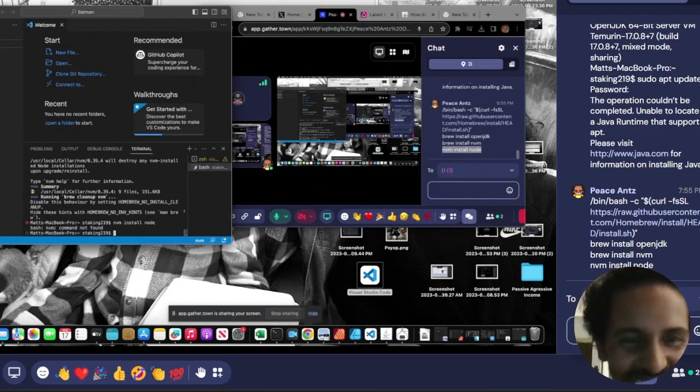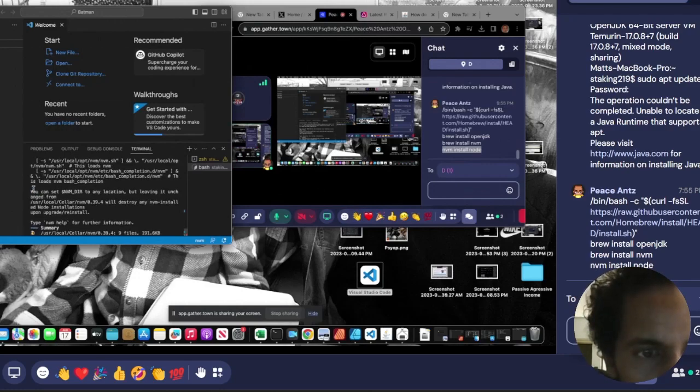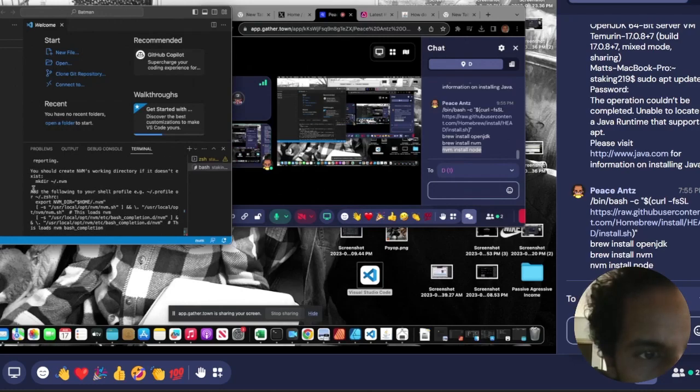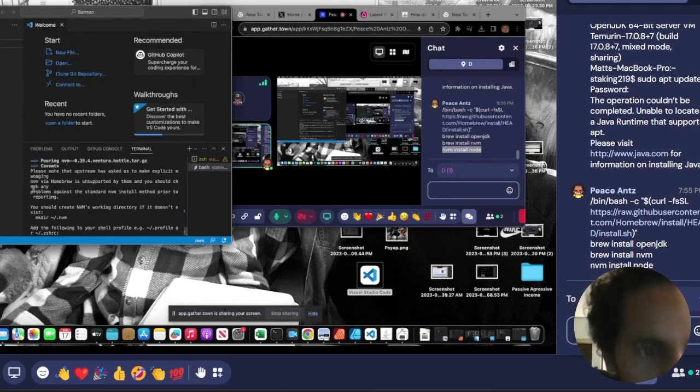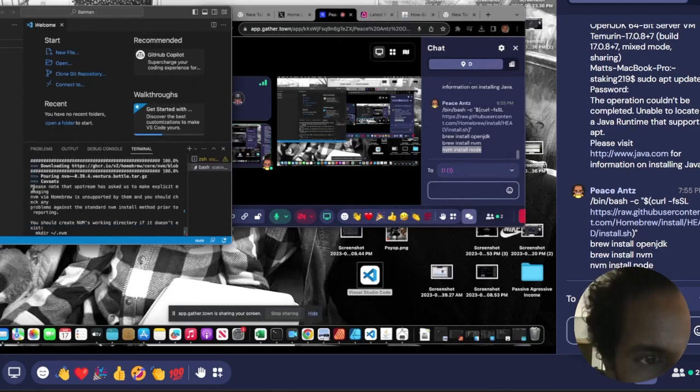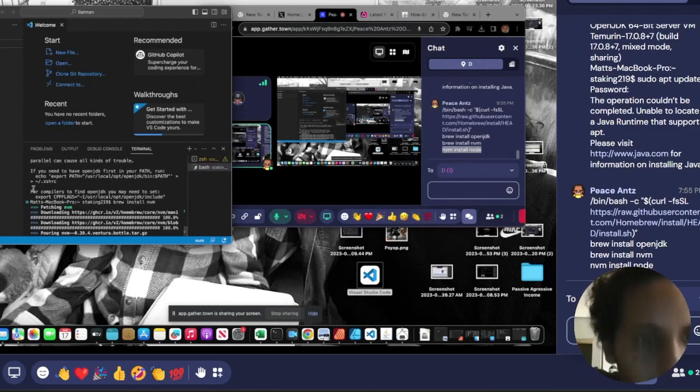Okay. Can you copy and paste the brew clean output? Scroll up a little bit. Yeah, copy all of that, even a little higher. Copy all of that and send it to me. All of that from where your arrow is down. That should be good, all the way down.